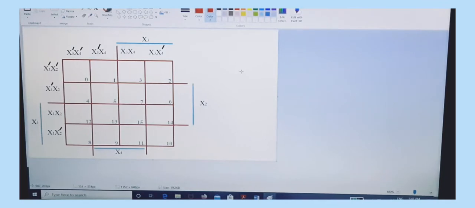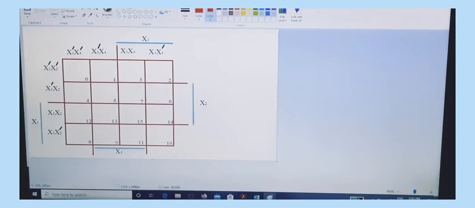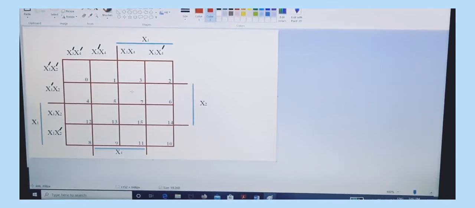In this video, we are going to observe how to minimize Boolean expression of four variables using Karnaugh Map. And if you have four variables, there will be 2 power 4 minterms. So 16 minterms will be there. So 16 cells will be in the Karnaugh Map. This is the Karnaugh Map for 4 variables. In the corner of each cell, we had given the corresponding minterm. Okay. Now before going to the problem, suppose if we have